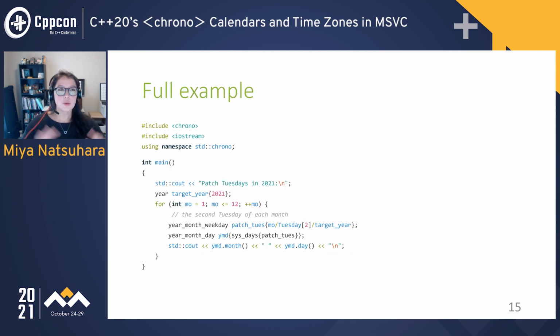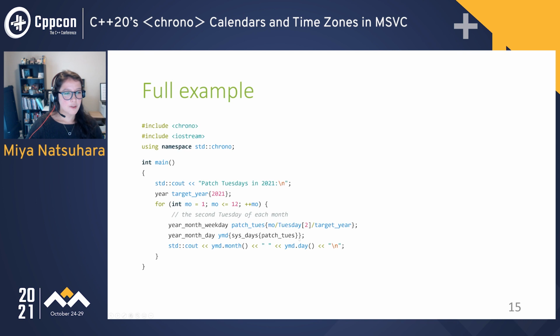Okay, just to give you a full example using these calendrical types, this is just printing out all of the Patch Tuesdays in 2021. If you're unfamiliar with Patch Tuesdays, they occur on the second Tuesday of every month. It's kind of when Windows shoves out a bunch of updates for everything. So we patch things up. So here, what I'm doing is I'm creating a target year of 2021. I'm iterating through, enumerating 1 through 12 of the months of the year. And I'm creating a Patch Tuesday for the second Tuesday of the particular month I'm talking about for this target